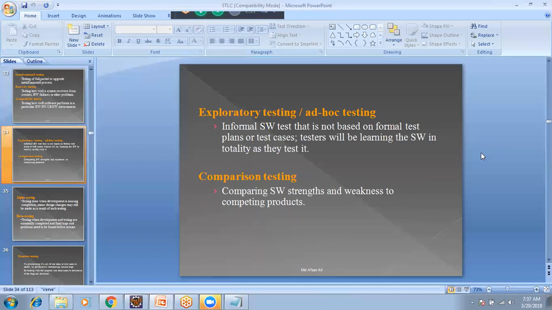They do not have any requirement or test design document. They will test the application with their experience. They have already worked on that application and know its functionality, so they don't require any test cases, and they will just do some exploratory testing to find out whether there is any bug or not. Then comparison testing: a company compares software strengths and weaknesses against a competing product, so that is comparison